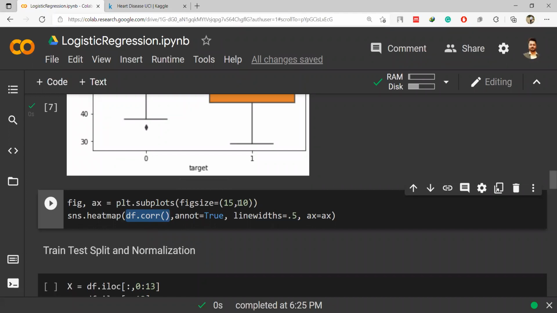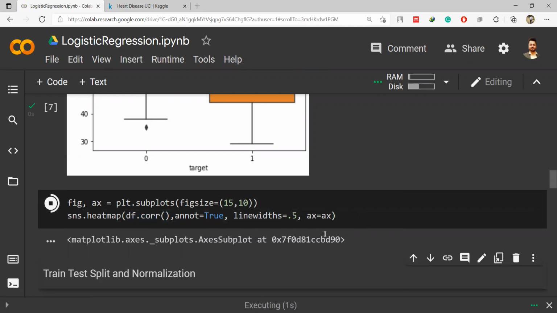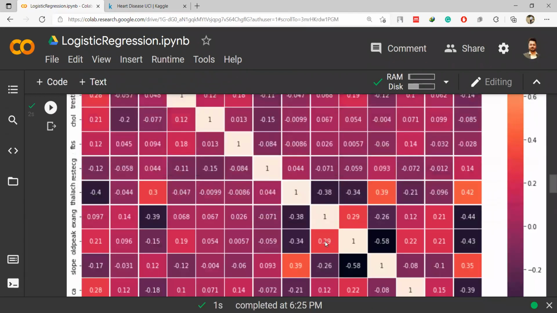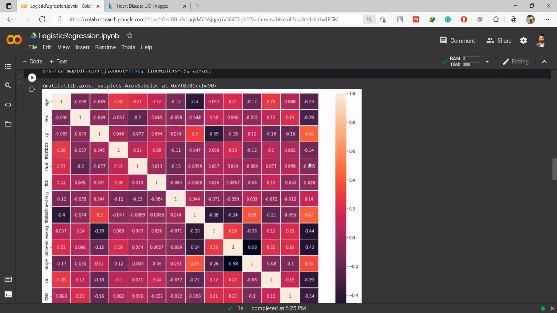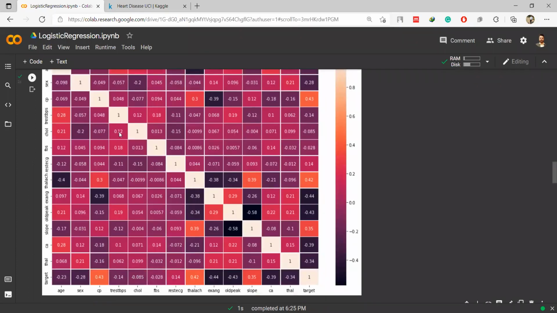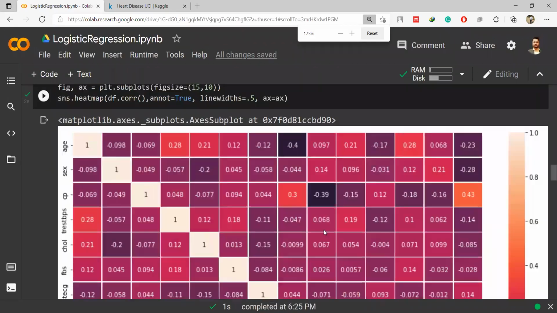There are a total of 14 columns. We will be plotting the correlation, and if it has very high correlation, maybe we will do some kind of data reduction. But if you look here, obviously we will care if the value is above plus 0.8 or less than minus 0.8. Except the diagonal values, no value is above plus 0.8 or less than minus 0.8. So all of them are very less correlated, and all of them are important. So we are not going to drop any column.